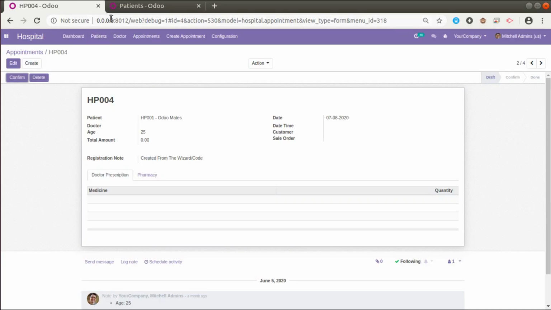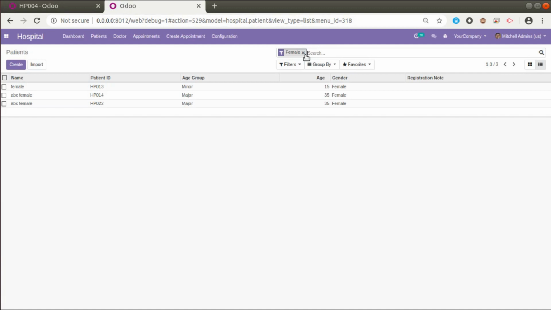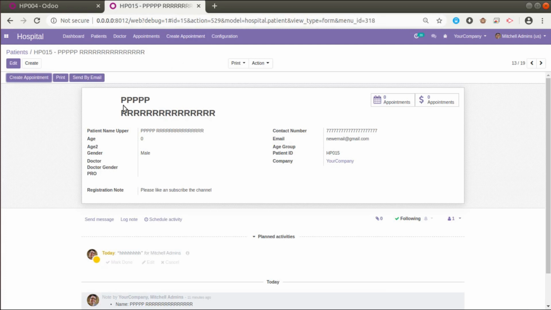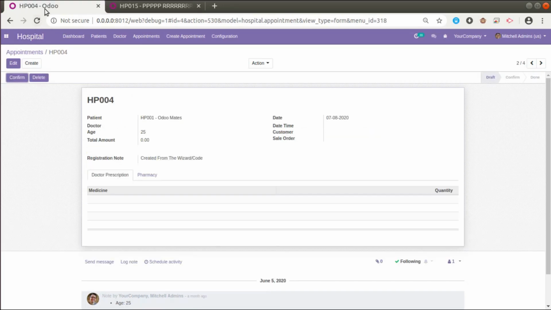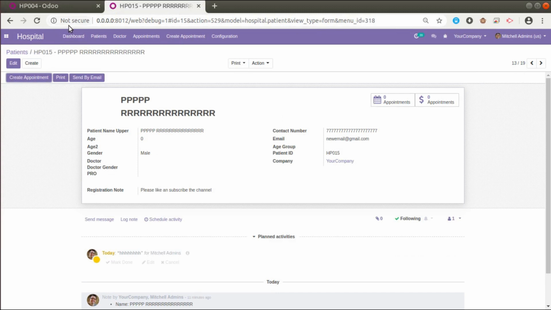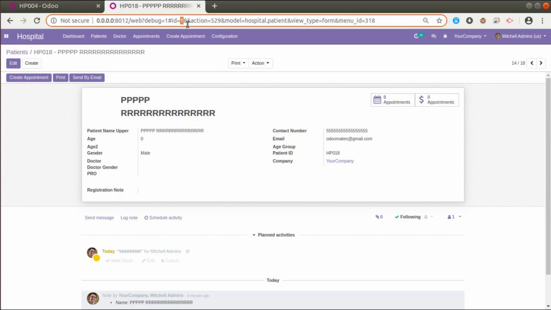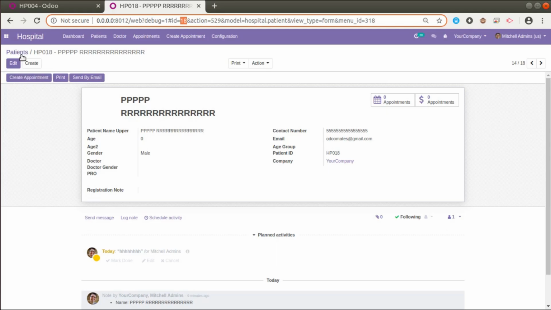So let's come back here. Earlier it was 20, and if I refresh, it will be only 19. If I remove the filter, you can see 19, and PRR has decreased to 3, and you can see the ID is 15. I'll pass that to the unlink method too. Instead of 16, now I'll pass 15, and click the confirm button. The record count has to decrease to 18. Now I will delete the record with the ID 18, so I'll pass 18 here, and if I restart and come back to the tree view,